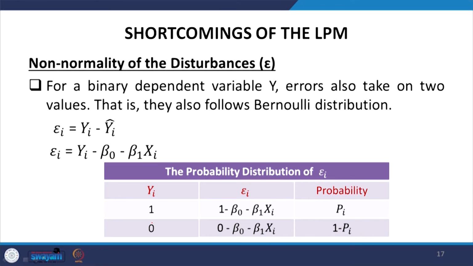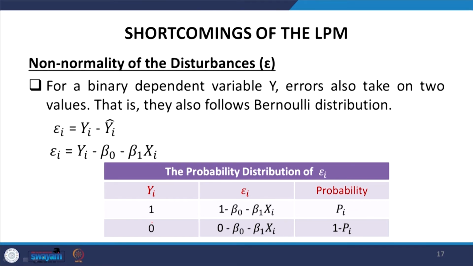Okay. So, if the shortcomings are very clearly understood, then you can go for any other advanced or sophisticated models. Now, the first shortcoming of LPM is the non-normality of the disturbance term. The disturbance term has to be normally distributed. We usually say zero mean with sigma standard deviation, sigma square as the variance, but actually it does not follow. It is not normal. Rather, the entries are only two points, that is probability of success and probability of failure.